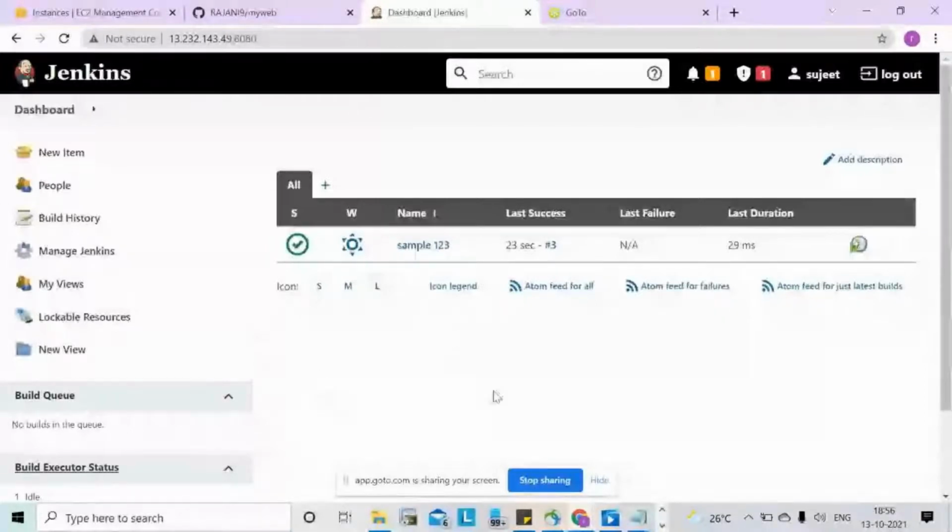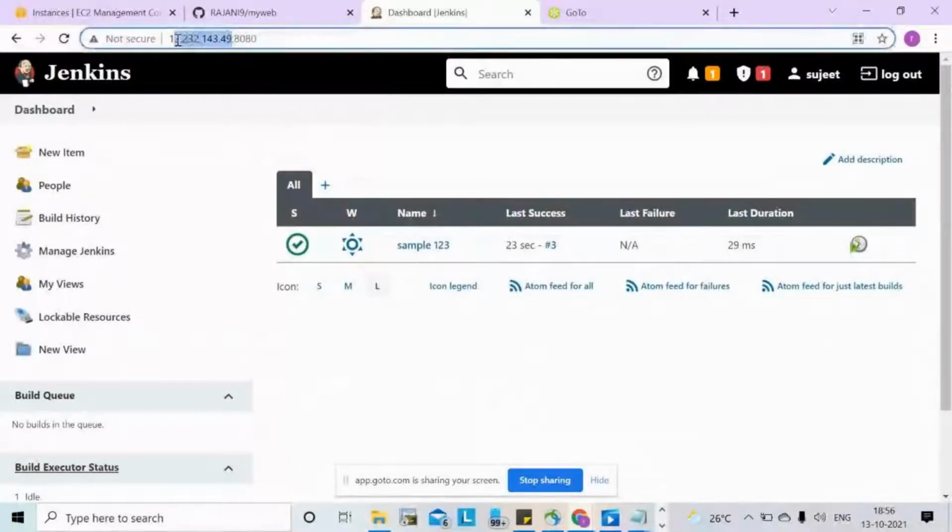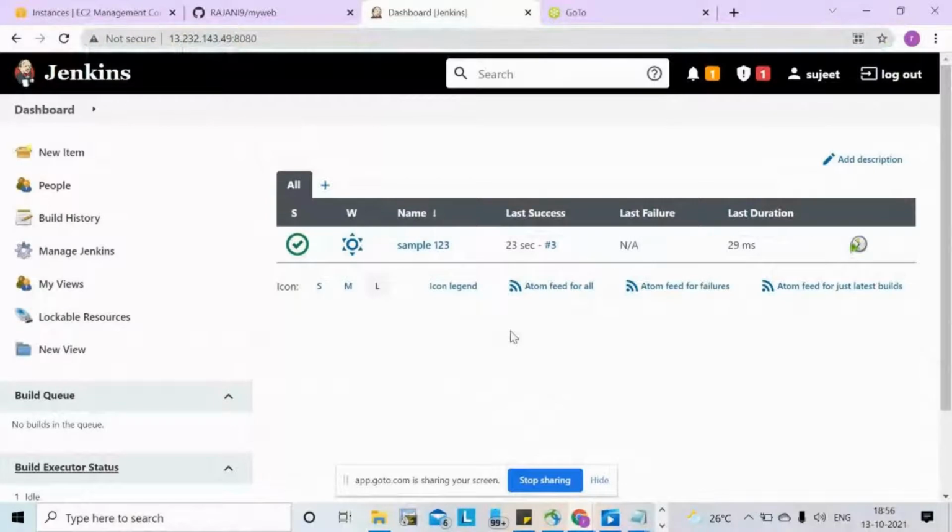So how will the end user access it? The end user will access it by this IP only. I don't want it in the same instance. I don't want to push it into a hung state. I don't want to do everything on the master Jenkins dashboard only. I just trigger the jobs in Jenkins, but however many jobs I trigger, those jobs will run on the web servers.